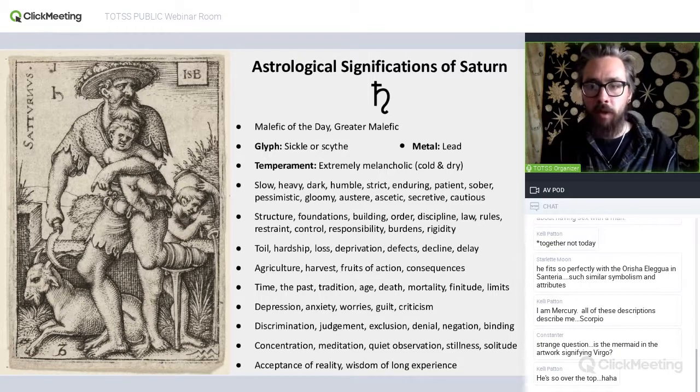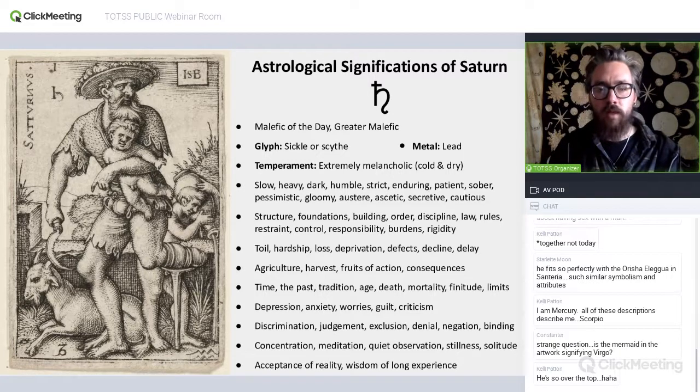His temperament is extremely melancholic, so very cold and very dry. And he is slow, heavy, dark, humble, strict, enduring, patient, sober, pessimistic, gloomy, austere, ascetic, secretive, and cautious. He rules structure, foundations, building, order, discipline, law, rules, restraint, control, responsibilities, burdens, and rigidity. He signifies toil, hardship, loss, deprivation, defects,